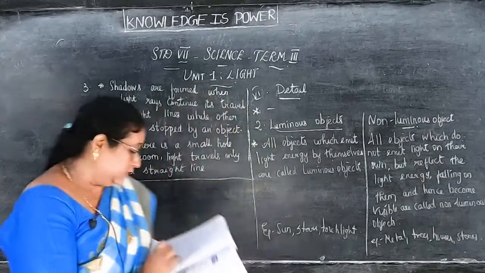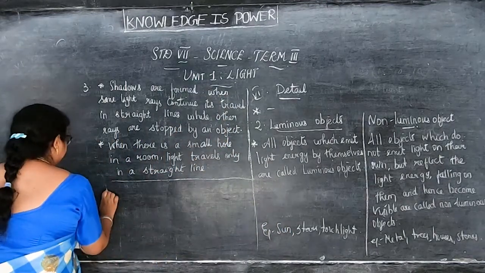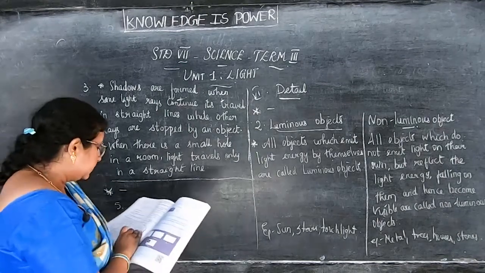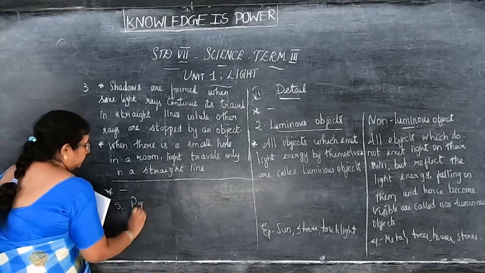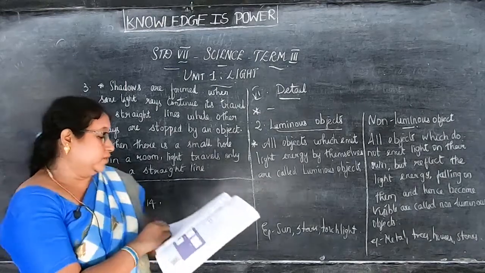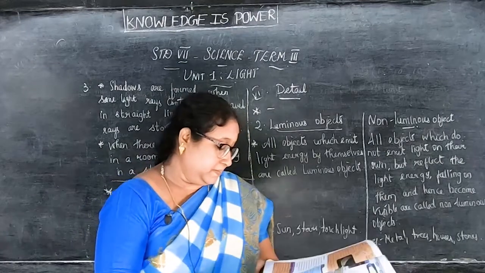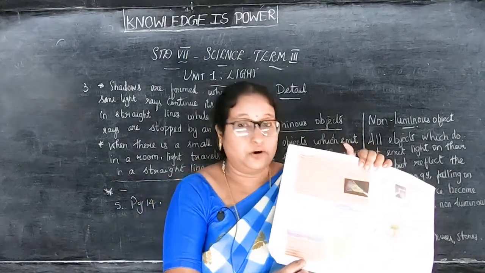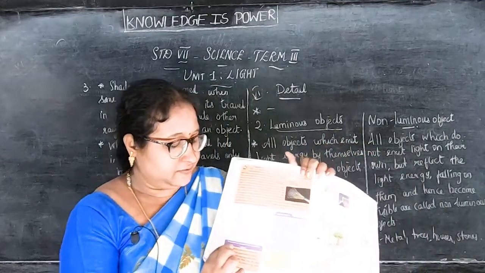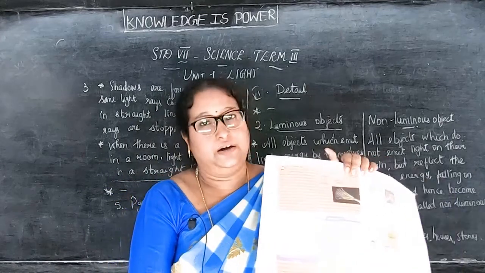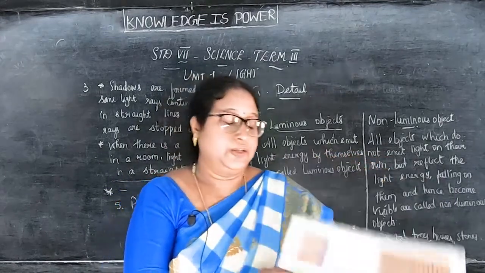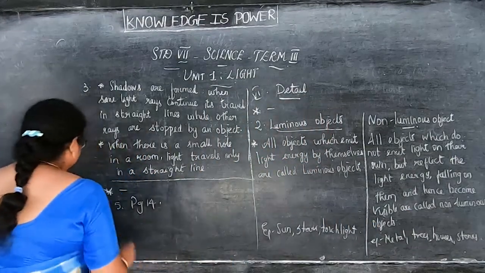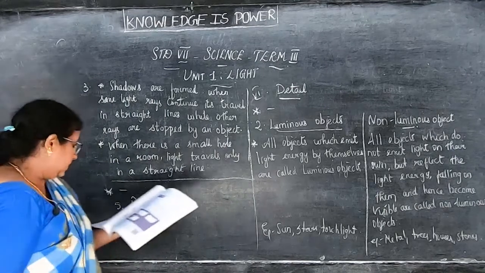detail 4, no need, children. Okay, detail 4, strike it out, no need. Detail 5, what are the characteristics of an image formed in a plane mirror? It is in page number 14. Take page number 14. Yes, you see here down, left side down, that orange box, you can see that fully. You have to write the side heading and you will complete it with inverted. These are all the points you have to write, children. Okay, then 6, strike it out, put a cross, no need. Then 7,